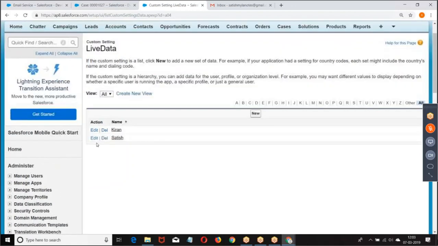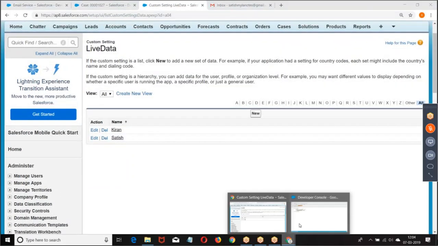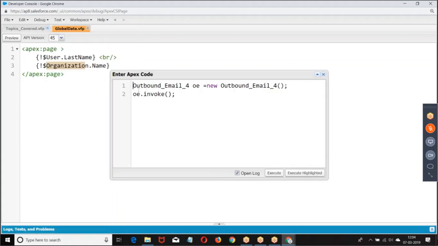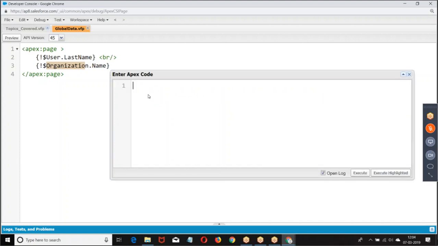Now, how do you access this data? I told you, any data that is stored in a custom setting, we can fetch without writing any code. What is the object name? Now, in the custom setting, one standard field is created. What is that? Name field. That name field will act as a